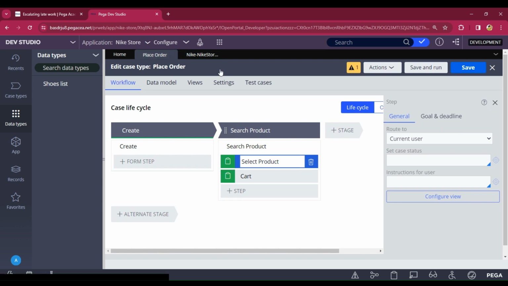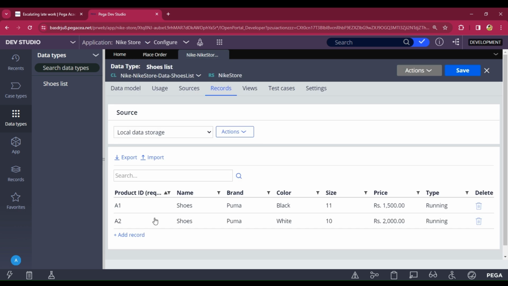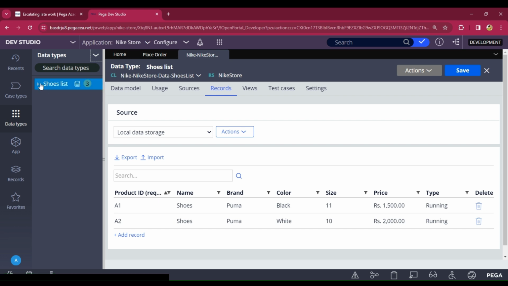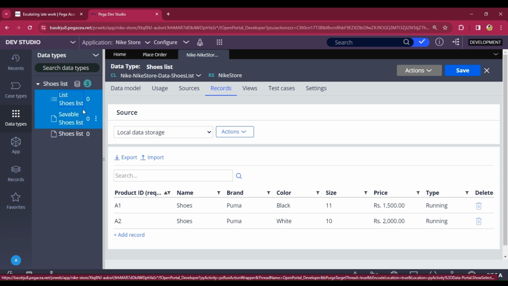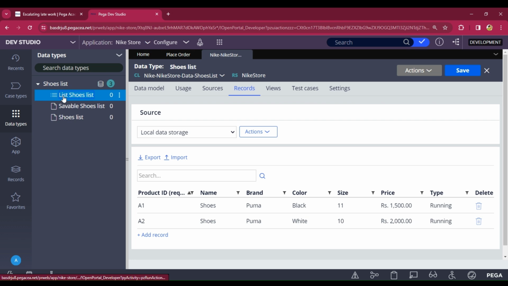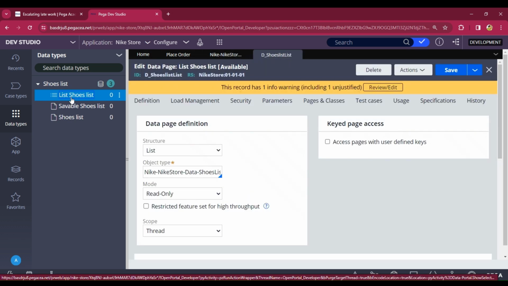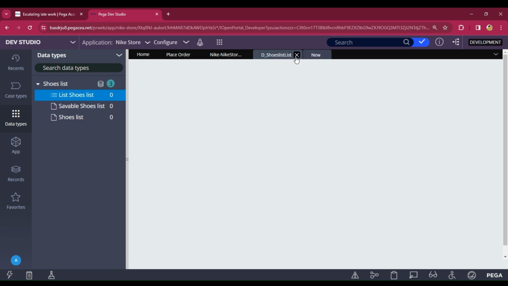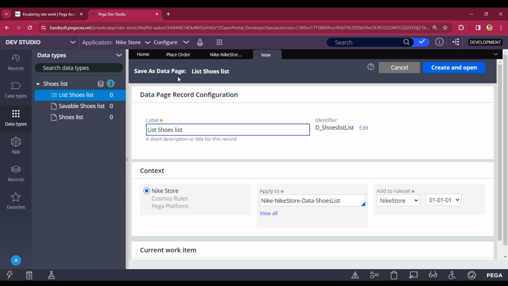Now whenever the user searches the shoes in this case type, the list of shoes with respect to the user objective will display under this case type. So I have to create a report definition for that. Just refresh this data type and expand this and open the list. You have to save as this list, and here the name is fetch shoes list, create and open,